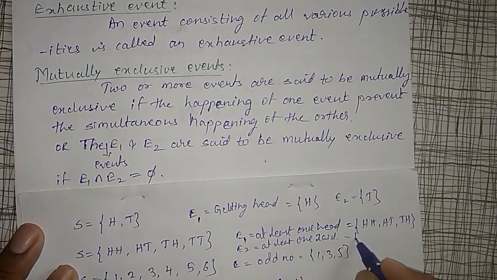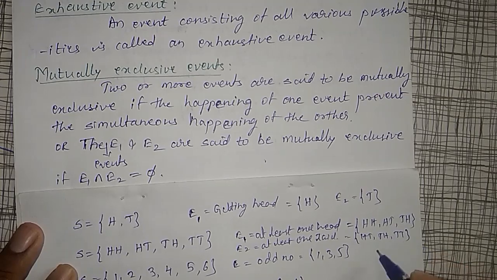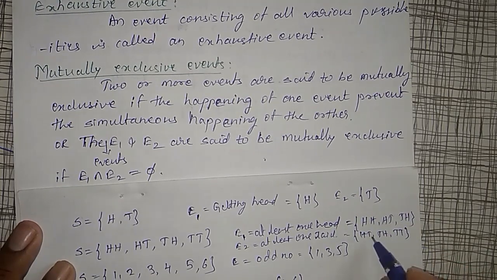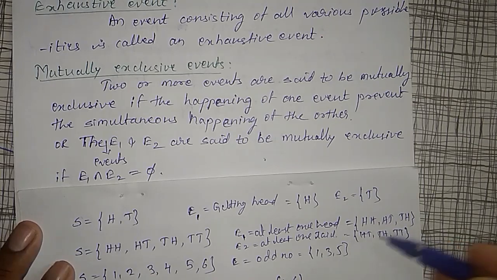At that time this will become head tail, tail head, tail tail. But here for E1 and E2 there is a common thing: head tail, tail head is common. Therefore E1 and E2 are not mutually exclusive here. There should not be anything common between the two. Such events are known as